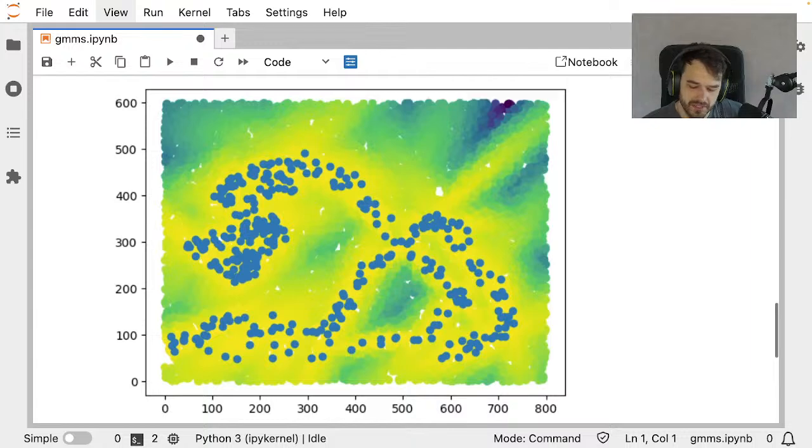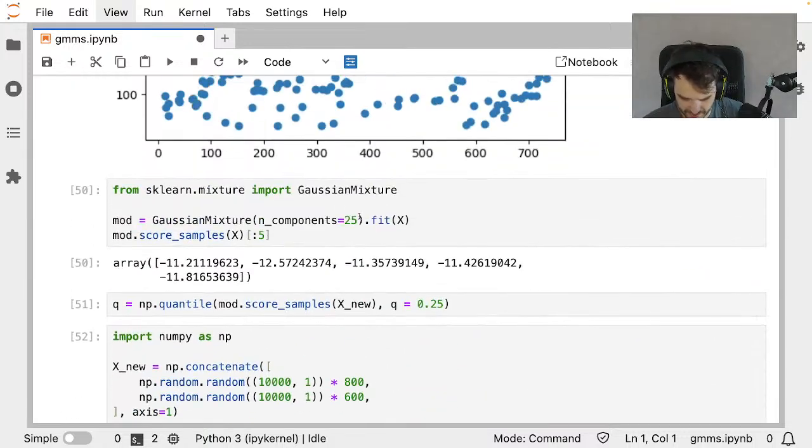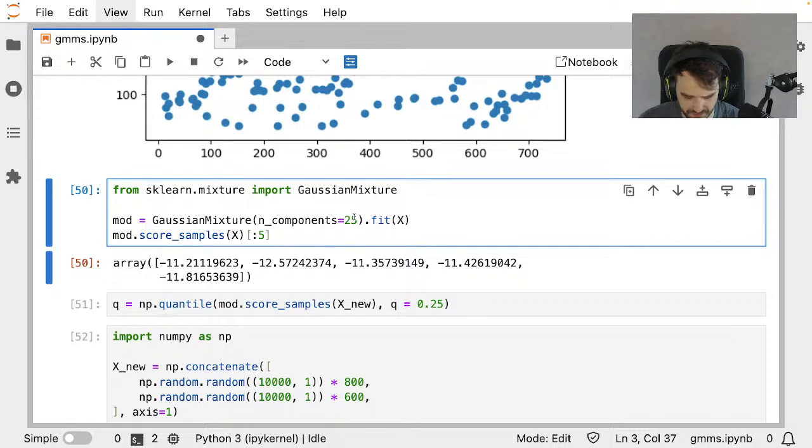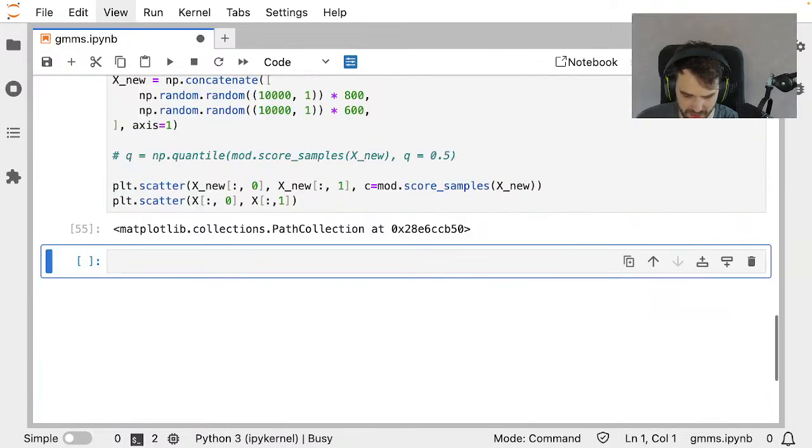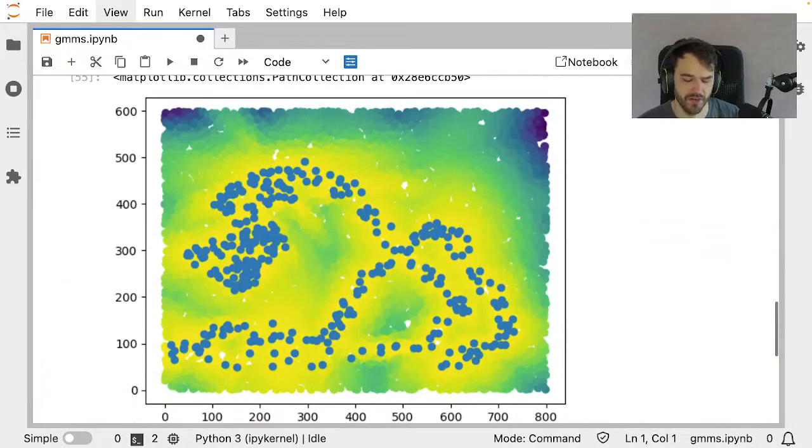And, you know, this is not necessarily going to be perfect. Actually, let's go for a few more. Let's go for, I don't know, 45. Some other number that's not quite 100. Okay, let's go with this for now.